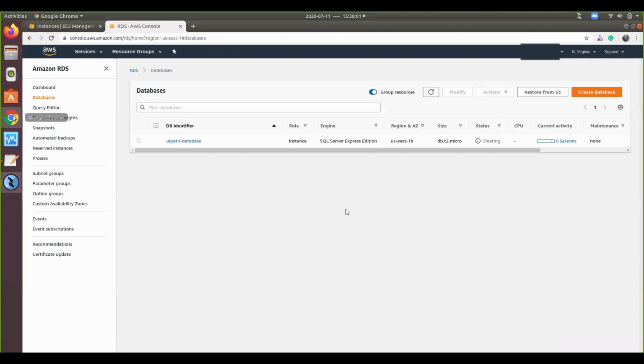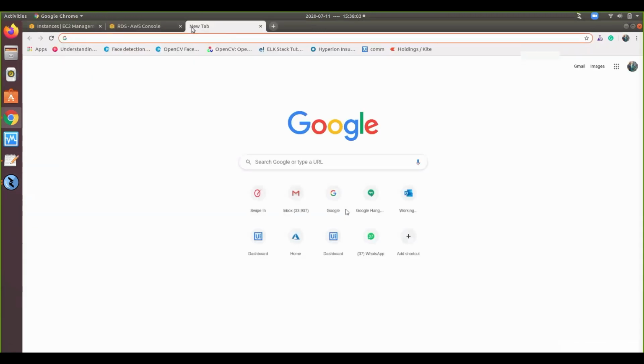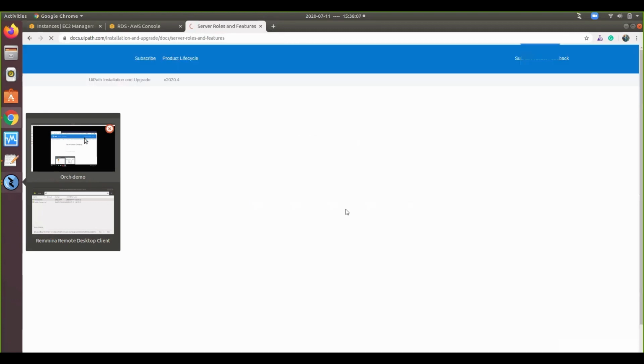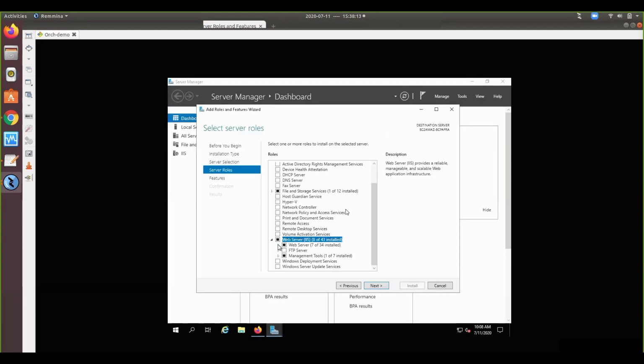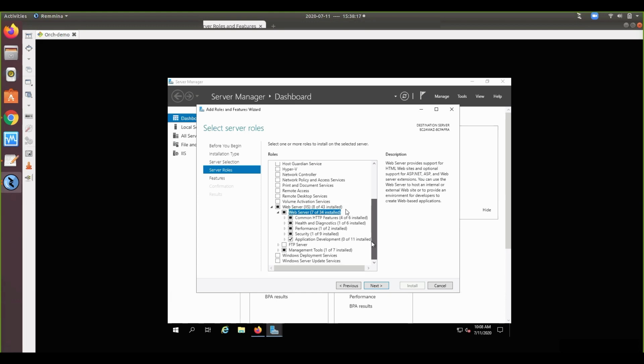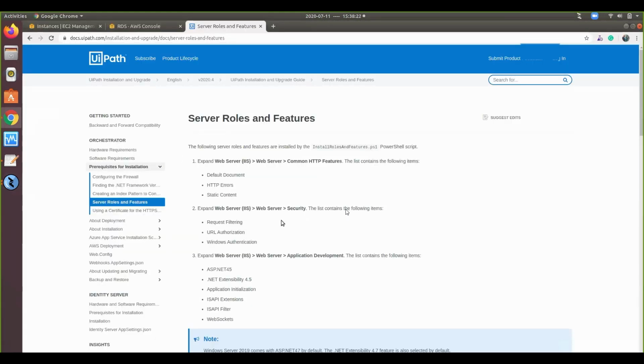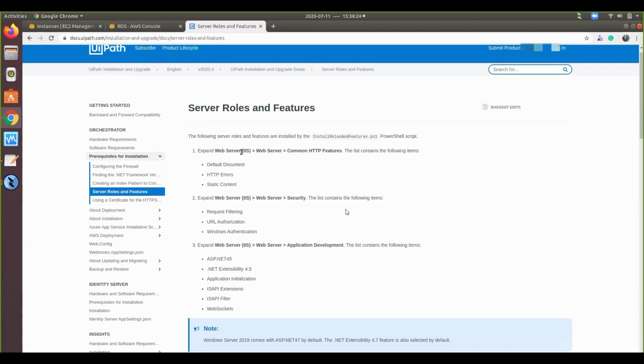Okay, I'll try to open it in my browser itself. Let's go to the IIS and then expand. You should be able to see all the options available under the main component, web server. If you see here, expand web server and common HTTP features.